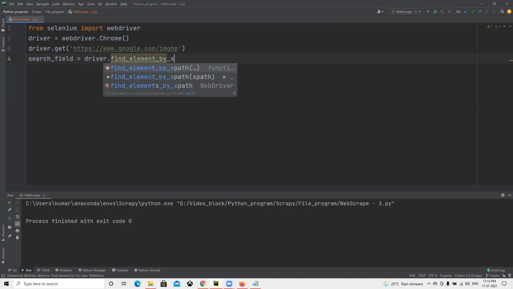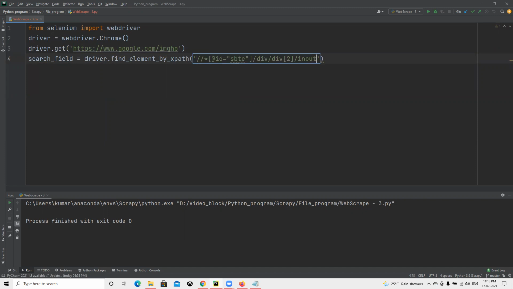Okay, so now we got the XPath. Whatever I have copied, I'm just going to paste here.